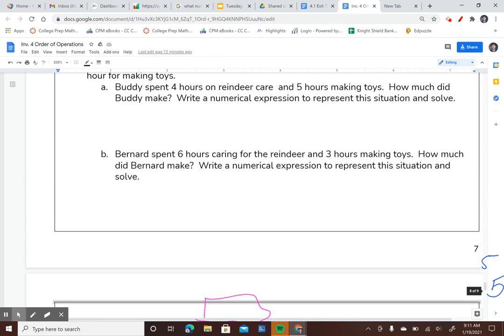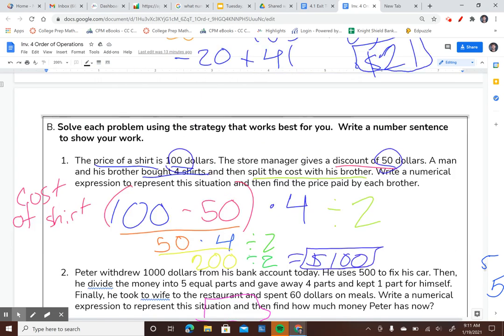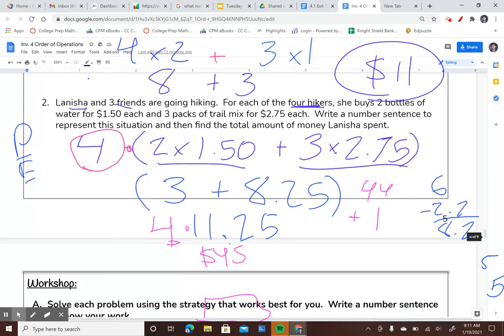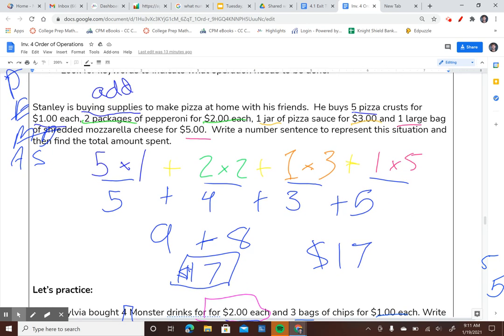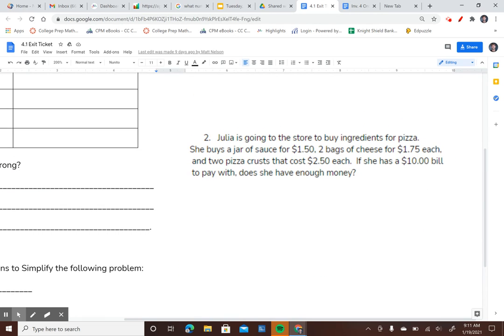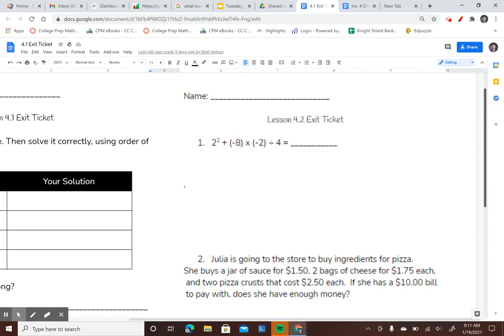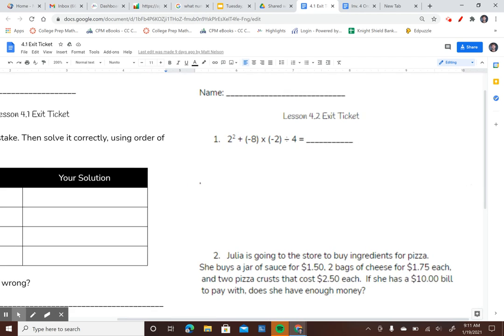So this is kind of like that first problem we did about when we went to the store and bought pizza. So think about how we set this problem up, because it's going to be set up the same type of way. All right. Good luck. And then once you finish this exit slip and complete both 4.1 and 4.2, then you're going to submit this exit